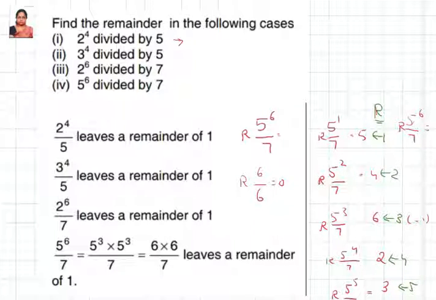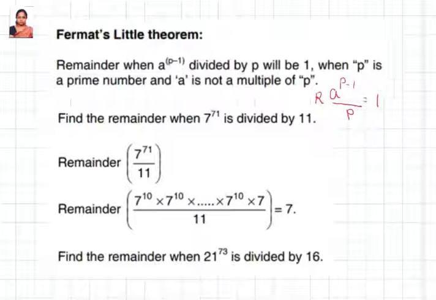So next you are going to see is the Fermat's theorem. Fermat's little theorem. So here we are taking this as remainder of a to the power p minus 1 by p is equal to 1, where a and p are co-prime to each other, p is a prime number. That's it. So now using this also, sometimes you can solve the problem easily.